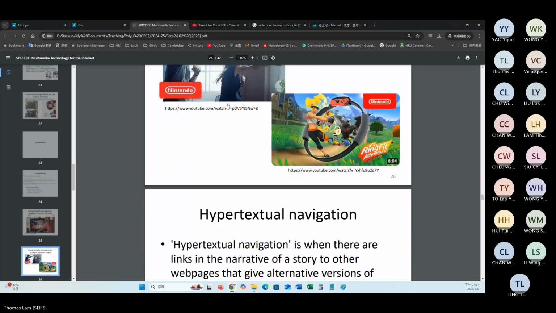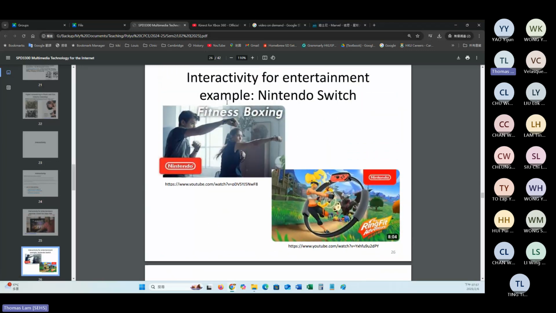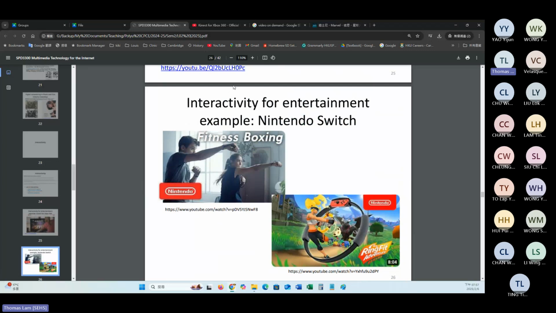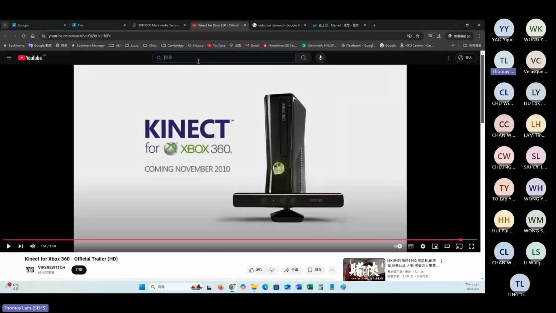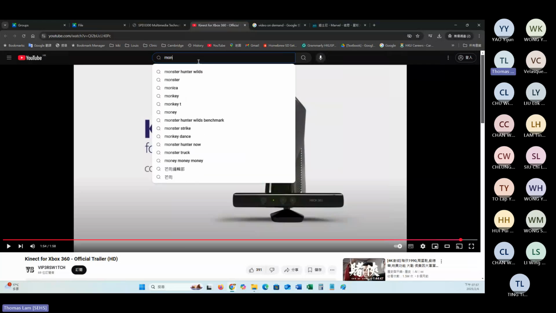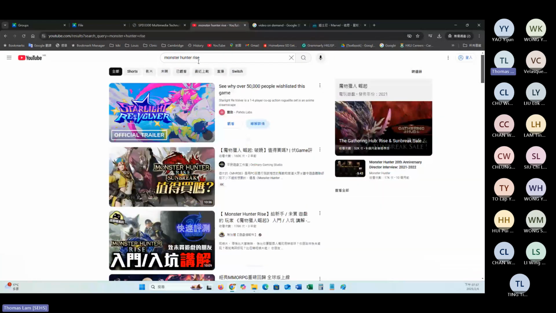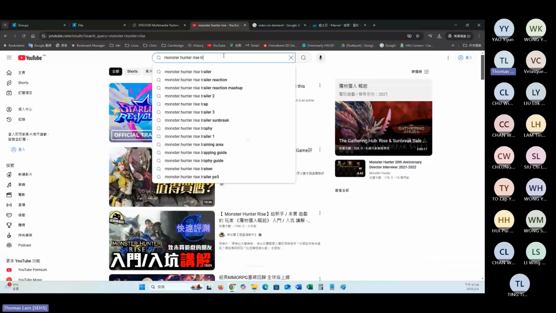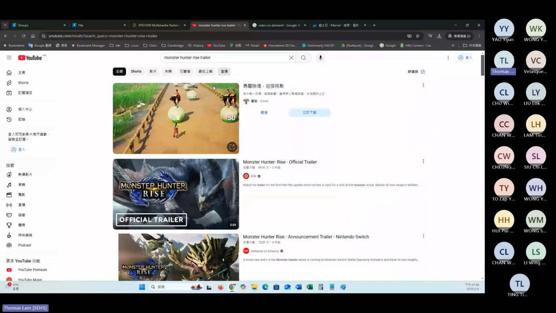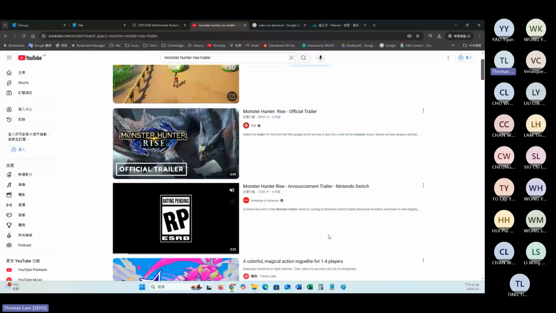But again, I'm sure that some of you may be aware of the game that I'm playing. I'm playing something like this. If you ask me about the Switch, which is this one, I don't know whether you know what it is.